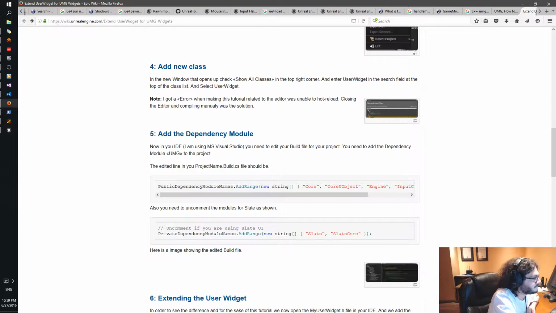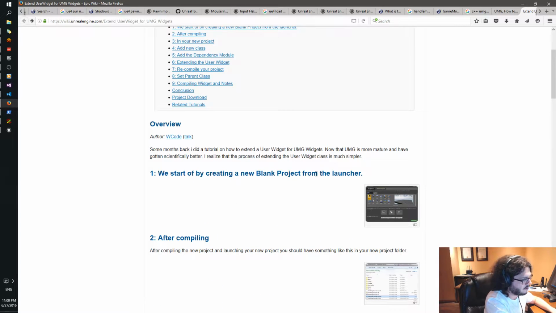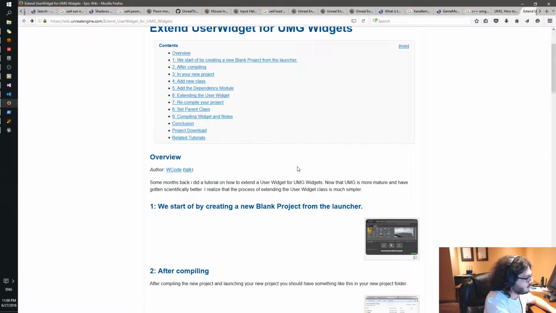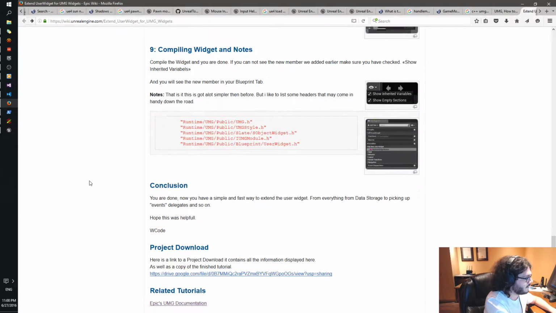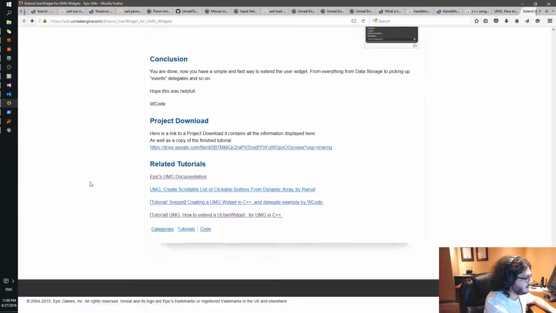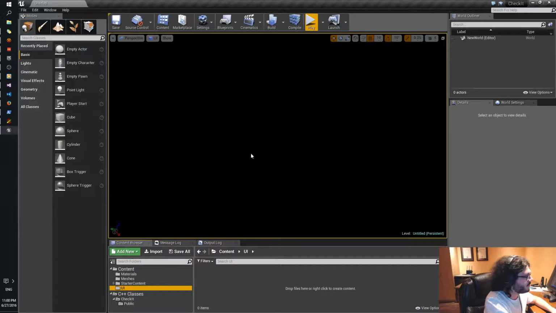But I don't know if I want to actually make the widgets themselves C++. It seems like just a little more... Seems a bit much. Yeah, you know what? I'm just gonna have them be blueprint.